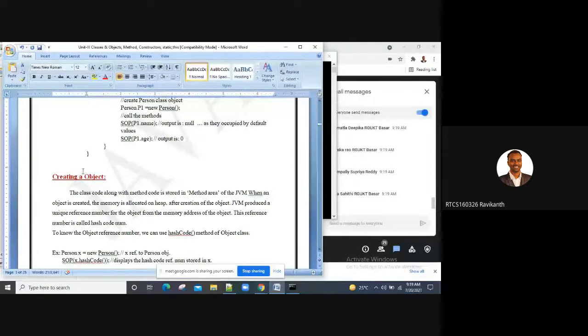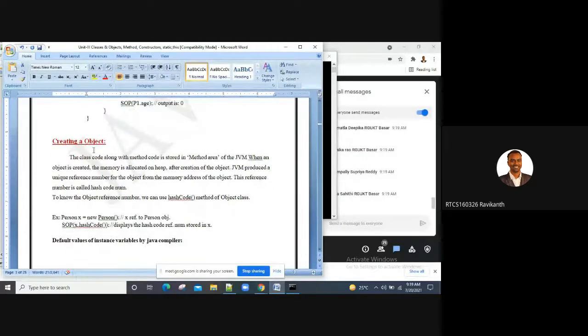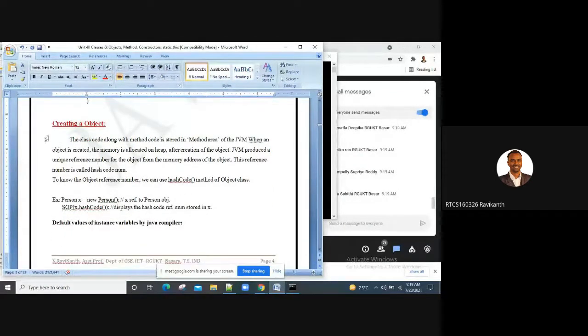Then next, creating an object. The class code along with method code is stored in the method area of the JVM, as we have discussed in the previous sessions. When an object is created, the memory is allocated on the heap.